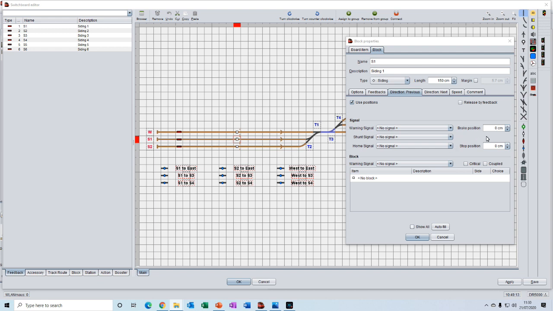And because we have a relatively short block length of 150 centimeters, there is no need for us to put a brake position in at the moment, but we do need to enter a stop position. This tab here is for the direction previous, so it would be in this direction from right to left, opposite to the direction the arrow is pointing in. So we have previous over here, next over here. So if we're traveling towards previous, we'd be moving this way, and the stop position would be here by the